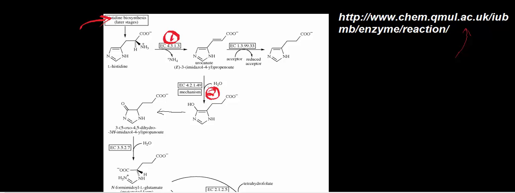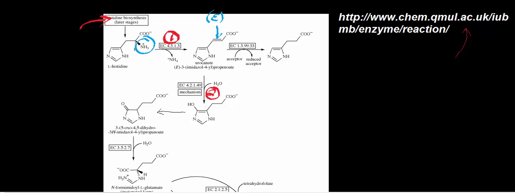Histidine ammonia lyase is basically going to remove the ammonia group from histidine, and in the process, it's going to generate this alkene. Notice that the alkene is in the E configuration. Both high priority groups are on opposite sides of the double bond, so you could say that the carboxyl group is going to be trans to the imidazole ring, and as a result it gets the E configuration. Certainly go watch the mechanism video. And that particular